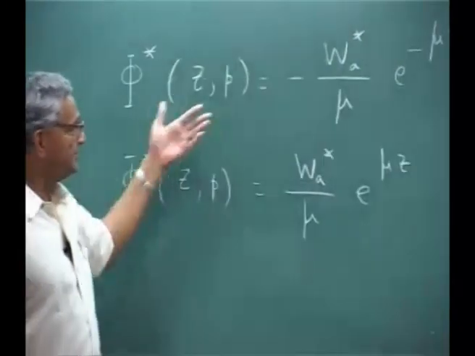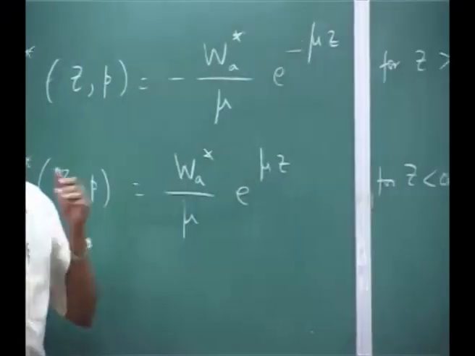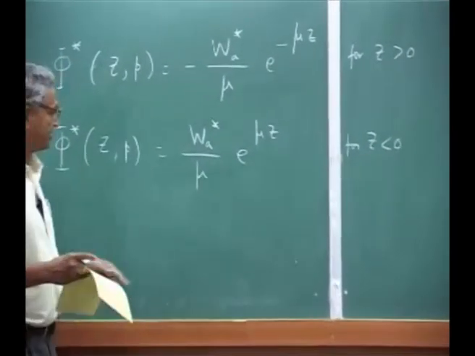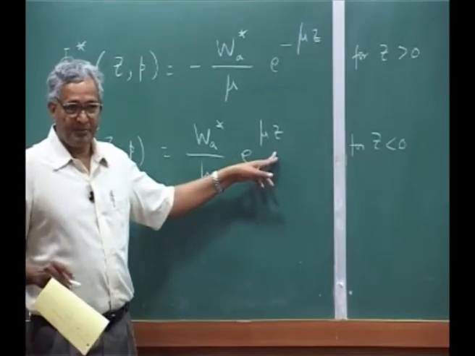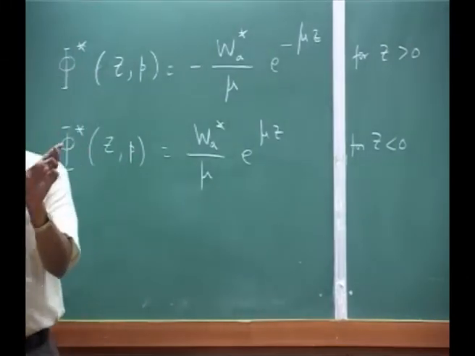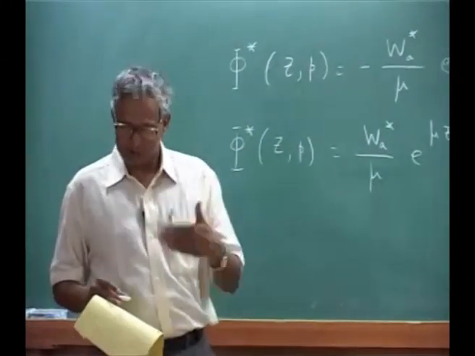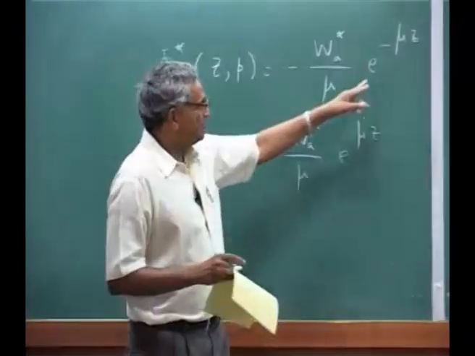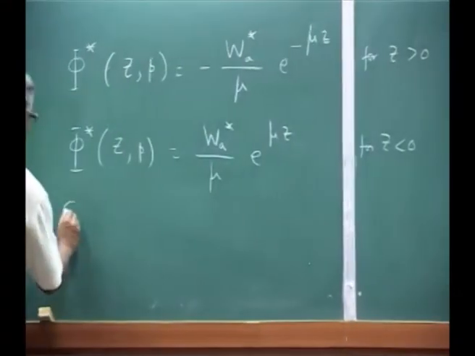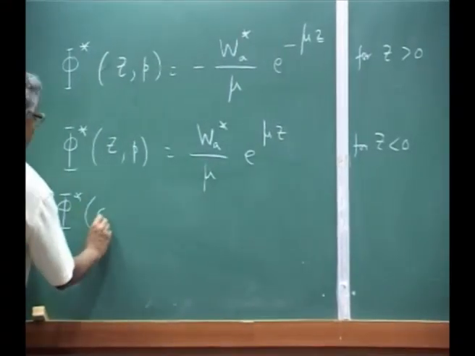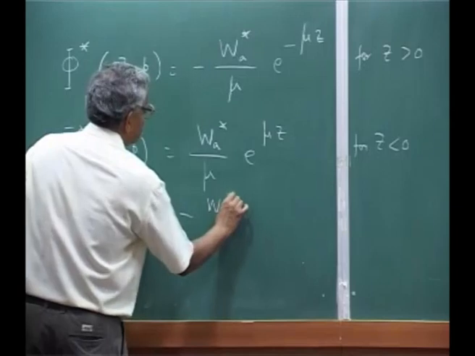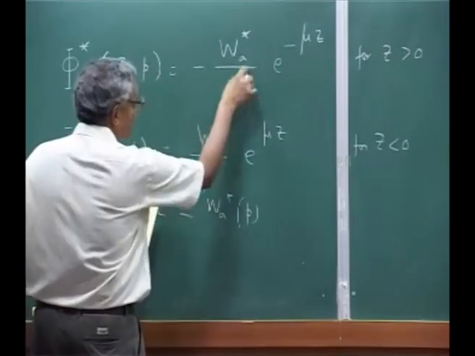But if you want to get the phi, you have to do the inverse Laplace transform. But we are interested in the solution where z equals 0, because we are not interested in getting the potential at every point. Only on the aerofoil do we get the pressure, then we can write the solution. Therefore, we set z equal to 0, and then we will have phi star at 0 plus comma p, which is minus W a star,